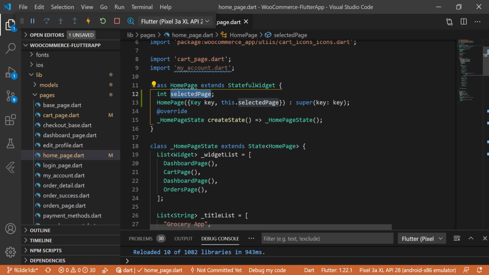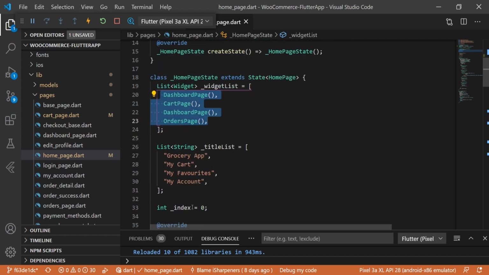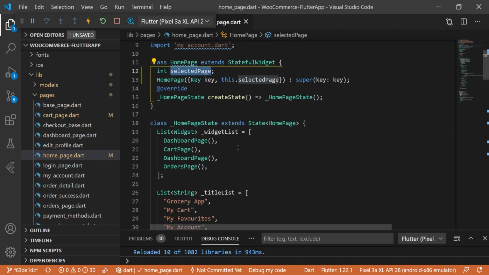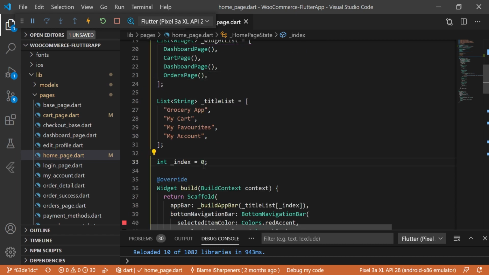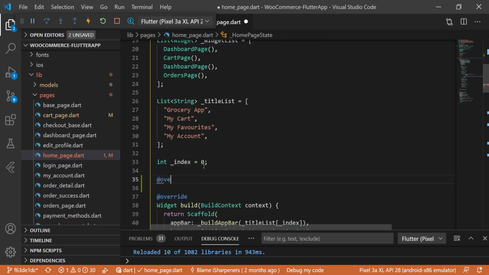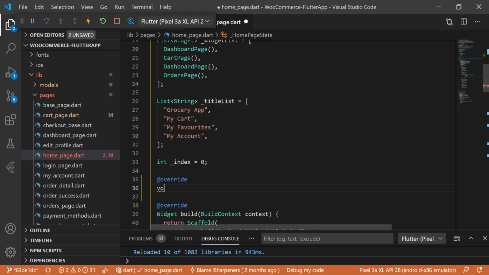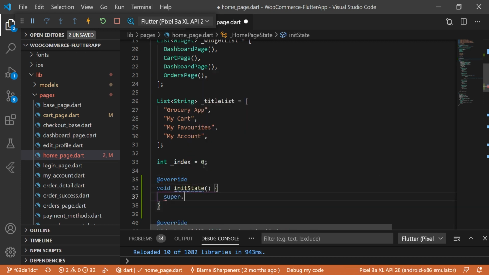For that we have to pass that tab ID, because we are using the bottom navigation tab, and we have to pass the current index and the particular tab which we want to show. For that we have to pass the index number, and here we will create the new page of My Account, and we will change it with that. Here also we will do a small change: @override void initState() { super.initState(); }